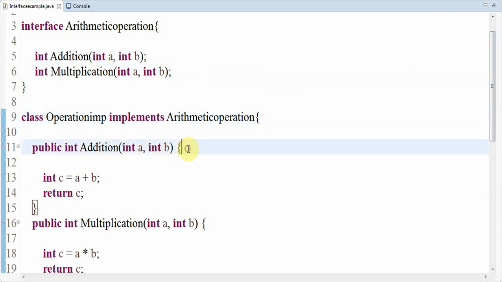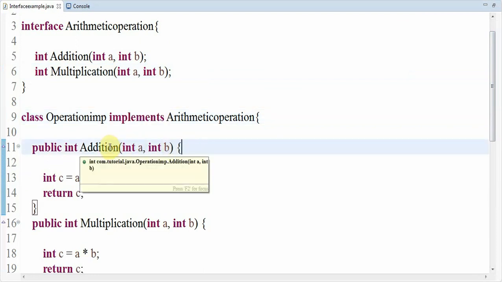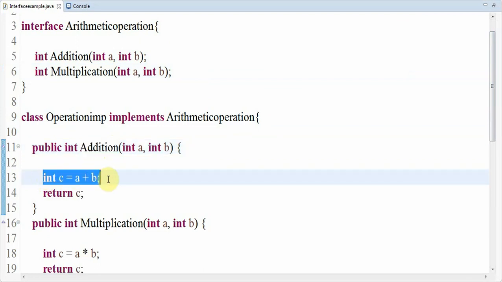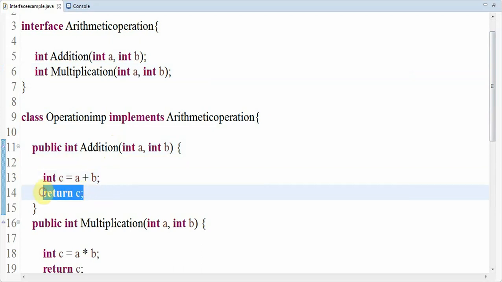Here you can see public int addition(int a, int b), and inside that I have written int c equal to a plus b. I'm performing the addition operation inside this particular method, and I'm trying to return the addition of those two variables using c, I mean using the return keyword.